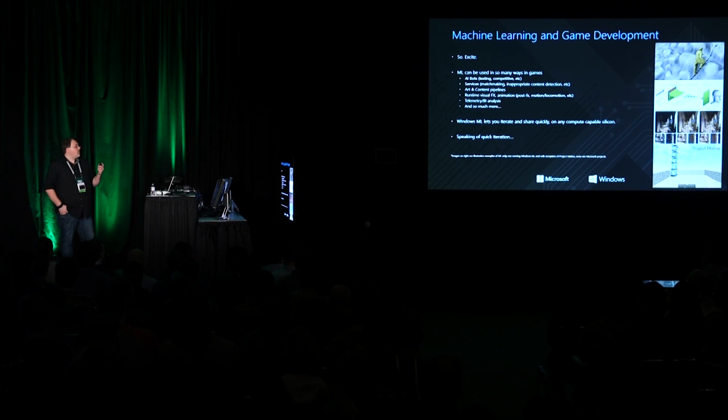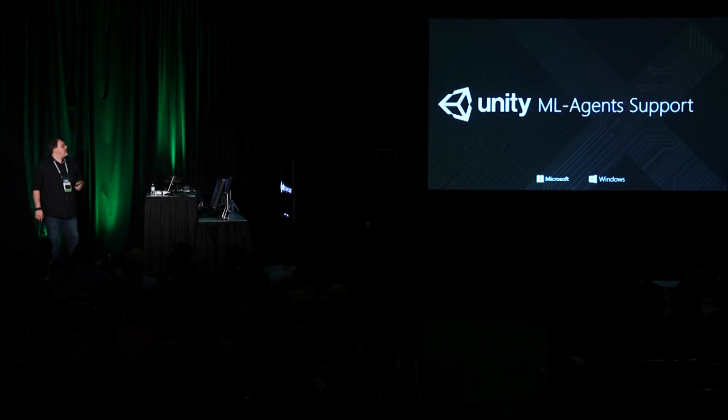And for me, one of the cool things with Windows ML, because it runs on any of the different pieces of hardware and coupled with ONNX, really allows developers to start experimenting with lots of different technologies and pieces that are out there. Even within Microsoft, working with Microsoft Research and other groups, some groups are using CNTK, some groups are using Keras or other things, and ONNX has allowed us to work with them and share stuff back and forth. So one thing I wanted to talk about today was Unity ML Agents support.